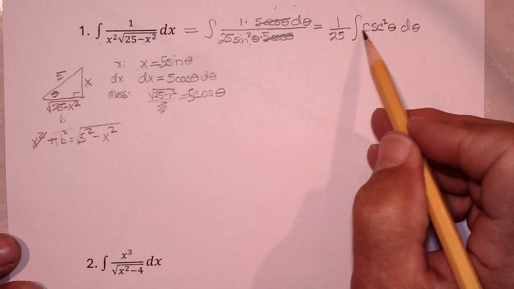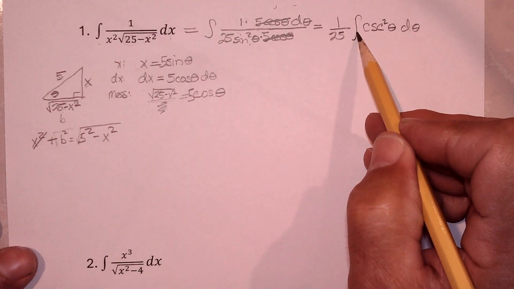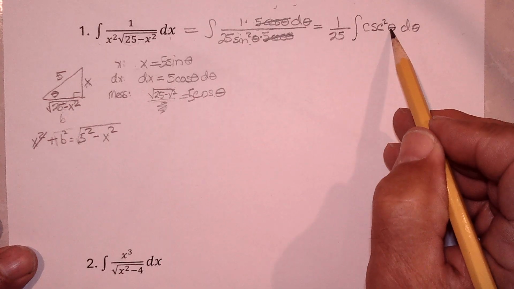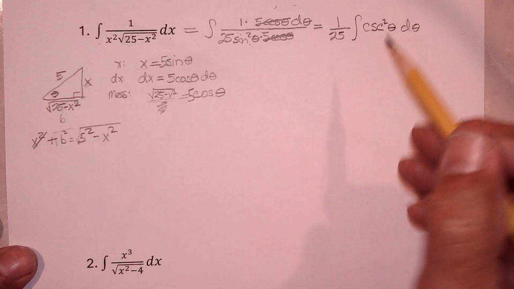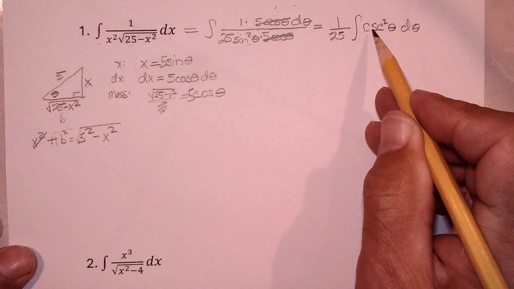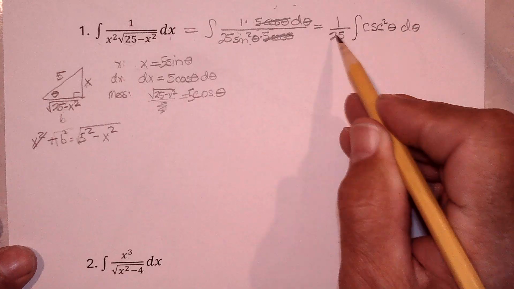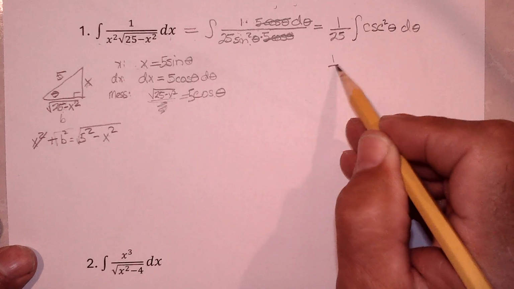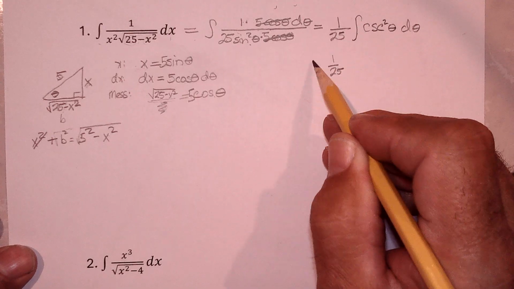And cosecant squared's antiderivative: what do we take the derivative of to get cosecant squared? We take the derivative of cotangent, we get negative cosecant squared. So this would be negative cotangent. So we get 1/25 negative